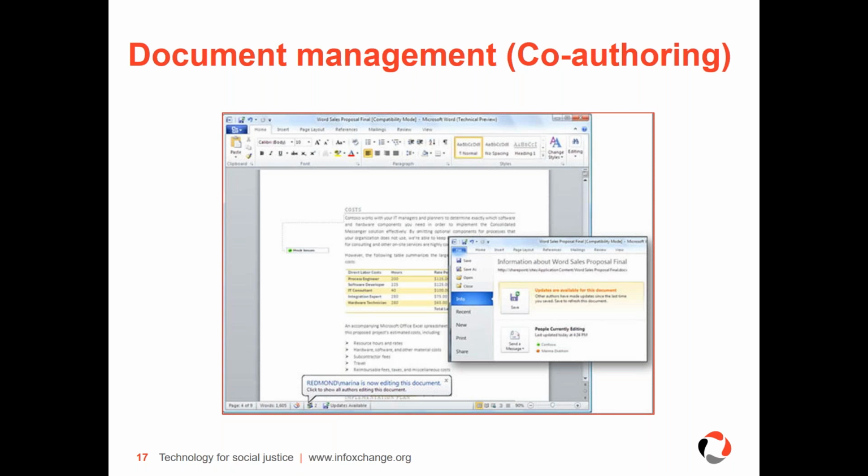So you'll quickly see where people are working together on a document, and you can see what a game changer that will be, particularly for those that have people work from multiple sites. I can see who's currently editing in the document together with me. I can now start talking to them about the changes they're making, and we can change the document in one session instead of in multiple sessions.